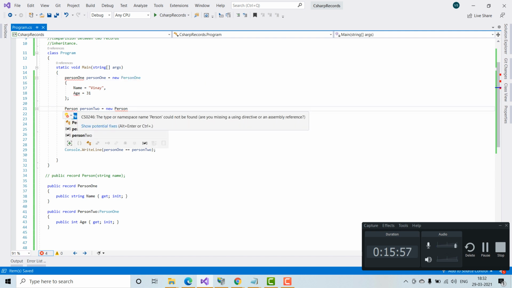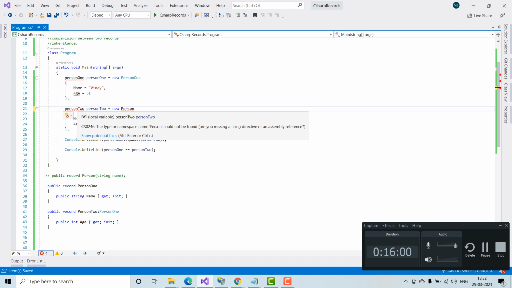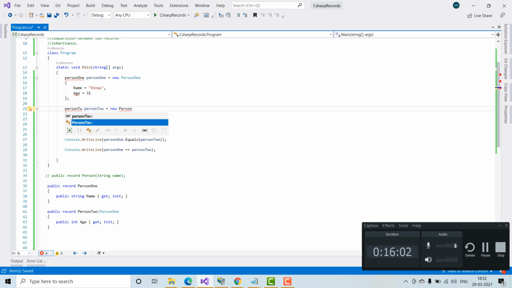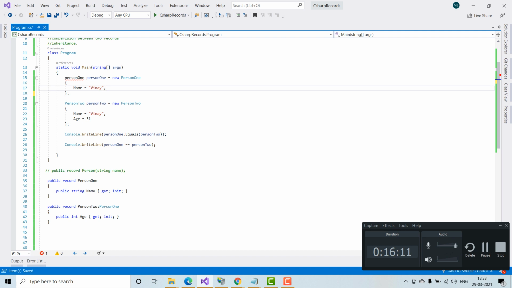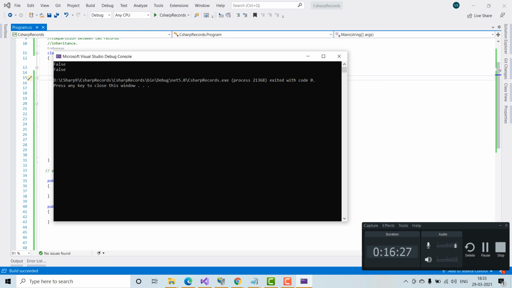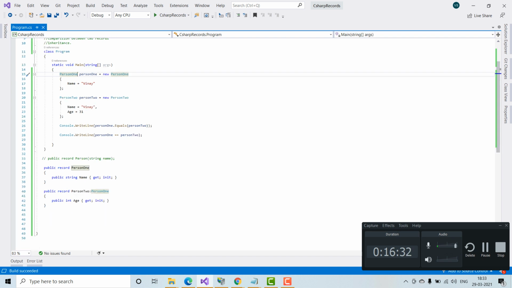And for Person 2, it will consider both the name and age, whereas Person 1 will only contain the name here. There is no age. And when we do an equality check by running Ctrl+F5, let us see what the result is. Yeah, let's do it. Yeah, you can see this is returning false, because even though we declared it as a record, it will